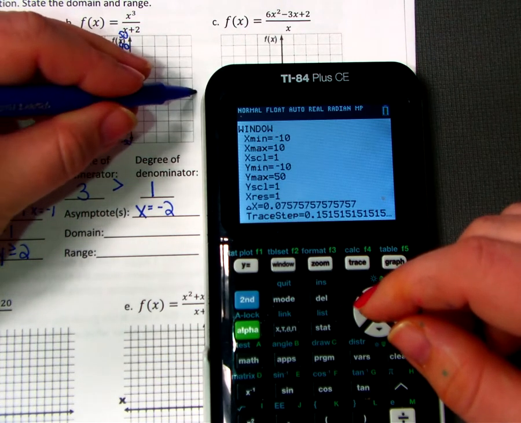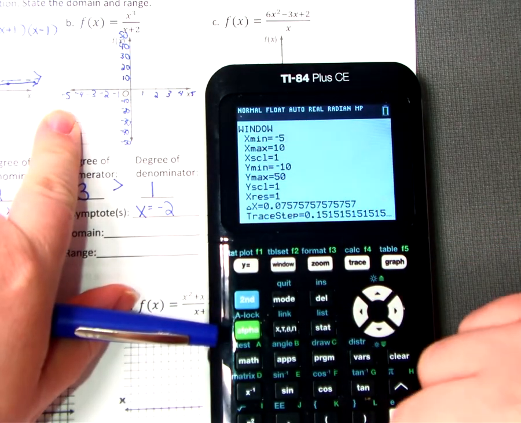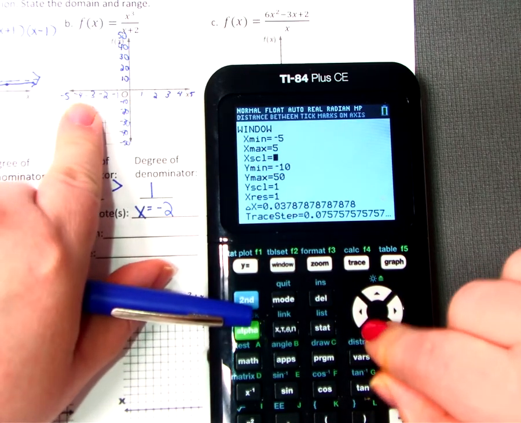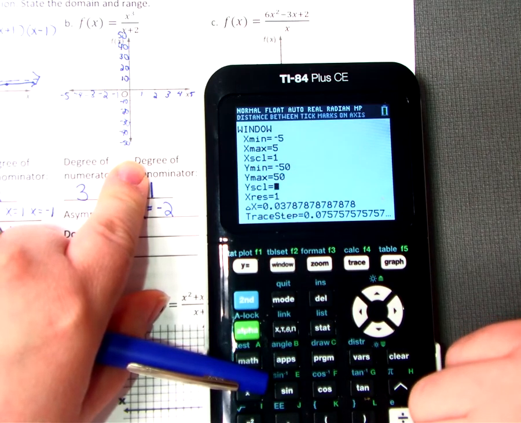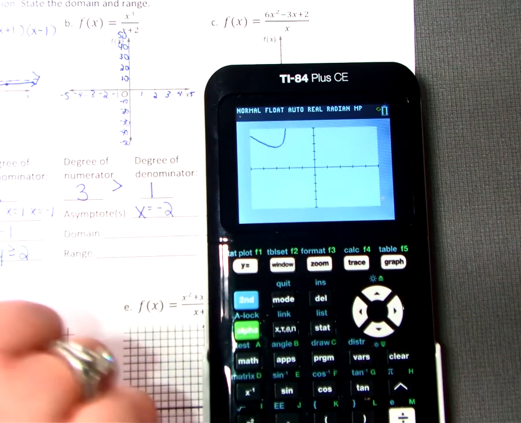So I want my x's to go from negative 5 all the way up to 5, counting by ones. And I might want my y's to go from negative 50 all the way up to 50, counting by tens. So now when I hit the graph mark,